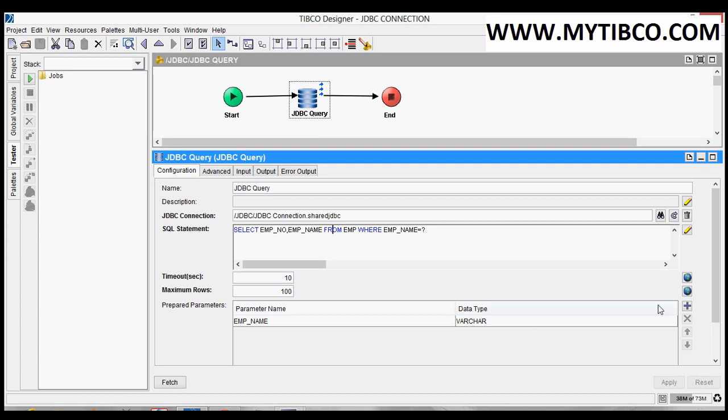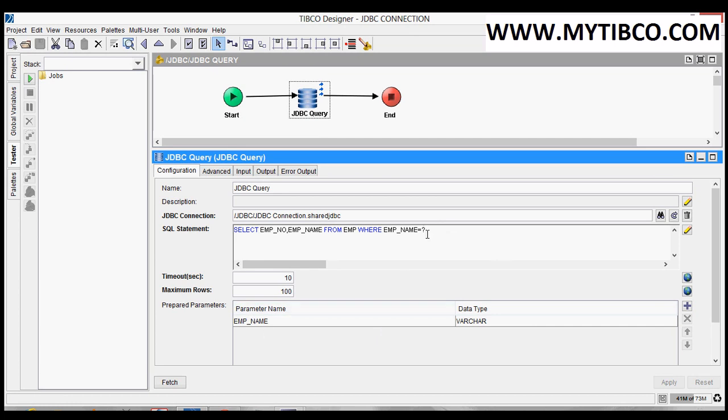Here we can give as many input prepared parameters as we want by clicking this add tab. But we have to remember that the question marks order and the prepared parameters order should be in sync.